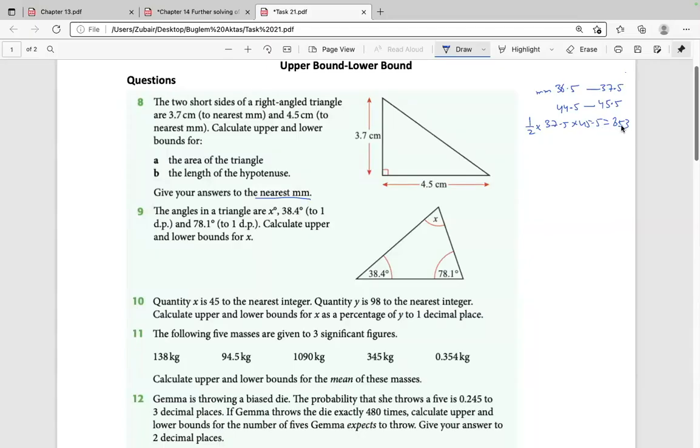So this is 853. And for the lower bound also, this would be 1 by 2 into 36.5 into 44.5 and lower bound I'm getting